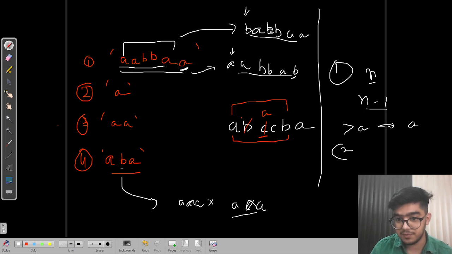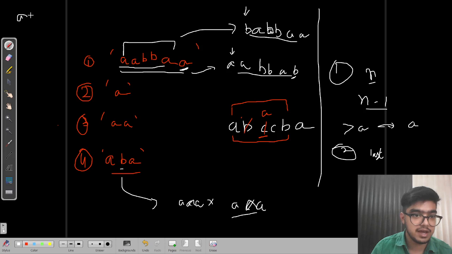The second thing, if everything till n minus 1 is a, and we reach the last, let's suppose you have a string like a, in that case you don't have to change this a, you simply make this a as b. Or whatever it is, let's suppose you have a b, so you simply convert this b into a.